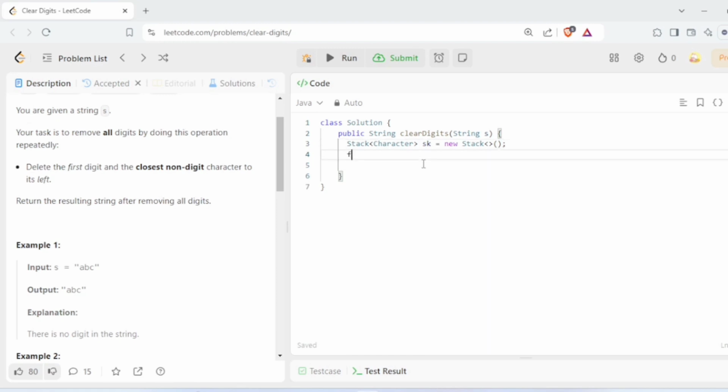Okay, so now we will traverse this particular string. Char c, and we will convert this string to a character type array, so toCharArray. Then we will check if stack size is greater than 0, and also if a particular character is a number, that should be from 0 to 9. Then we will check the same, 0 to